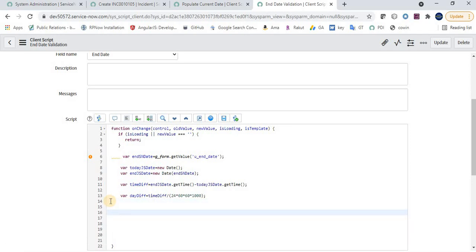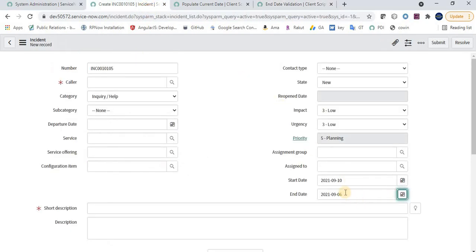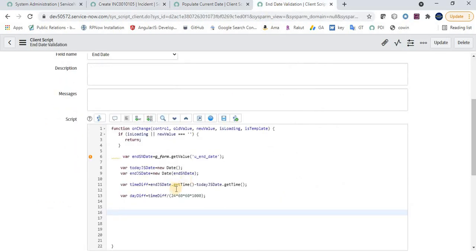So the first condition is: if the selected end date is less than the current date, then it will give us an error message. And if the selected date is greater than the time range, then it will give us an error message. So let's implement the first condition, that is, if today